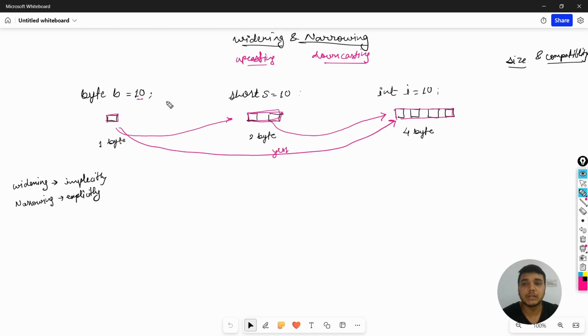When a data type of smaller size gets converted to a data type of bigger size, this is known as upcasting. This widening is implicit. What does this mean? It means that the Java compiler converts byte to short and short to integer by itself, but narrowing is explicit, which means that we have to do it manually